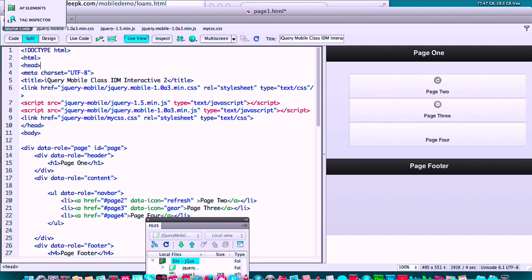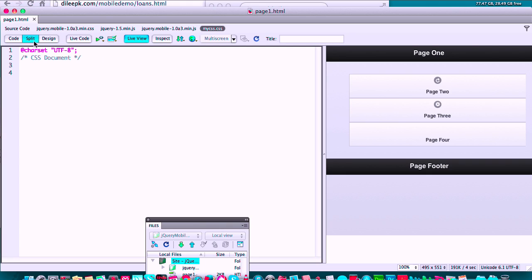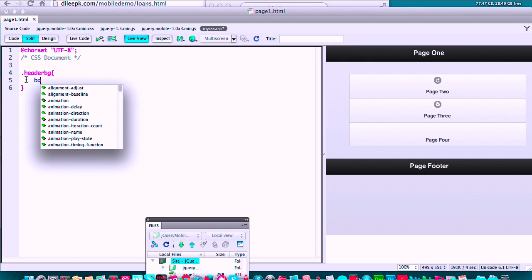What this allows you to do is, once you have linked my CSS file here, and you can see it's come here, I'm going to close it as a separate file. All of your linked files appear here on top. You see these? So I can go to CSS and let me just make a class header BG. A lot of jQuery mobile CSS will overwrite your CSS and won't let you change it easily. So can't guarantee this will work, but let's try it. Header BG, let's go color, header BG, background,